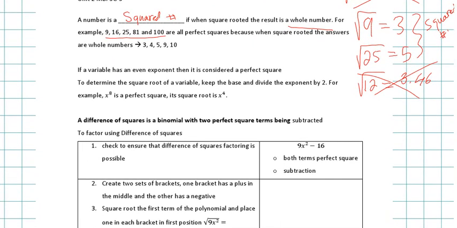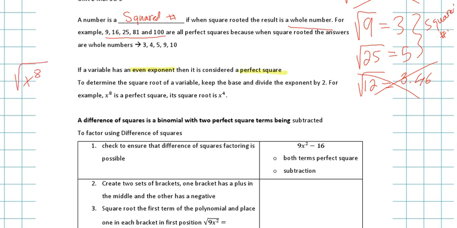If a variable has an even exponent, then it's also considered a perfect square. Okay? So if it's x to the power of 2, x to the power of 4, x to the power of 6, x to the power of 8, these are considered square terms or perfect squares. To determine the square root of a variable, keep the base and divide the exponent by 2. Which means, if I have x to the power of 8 and I want the square root of that,